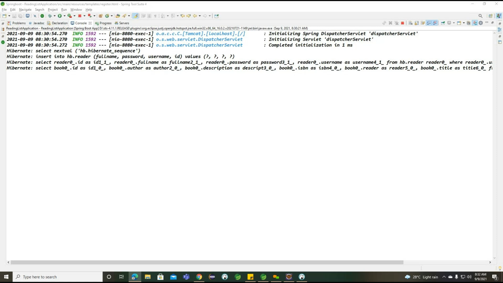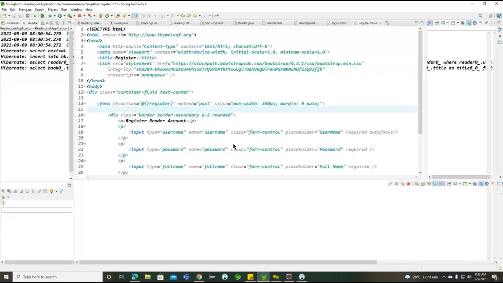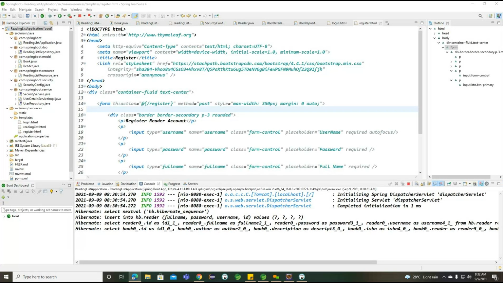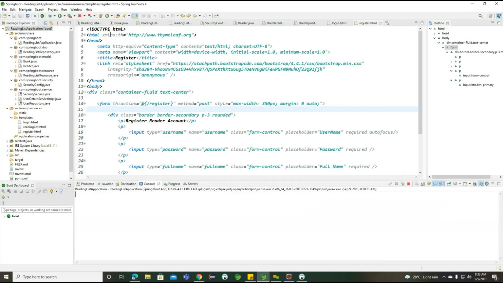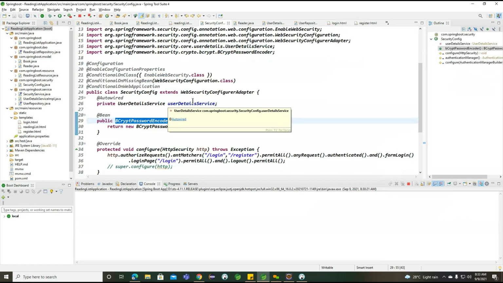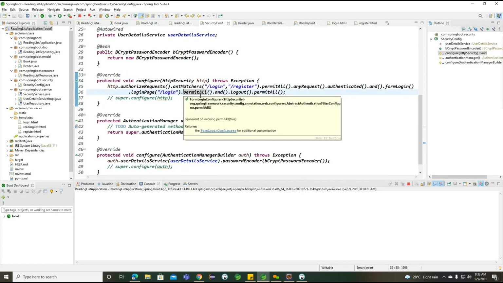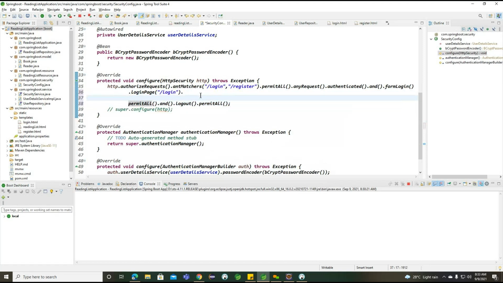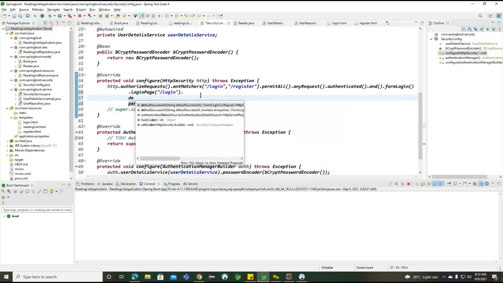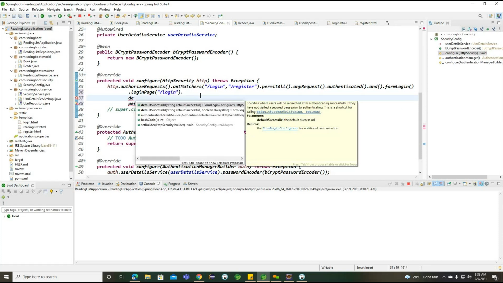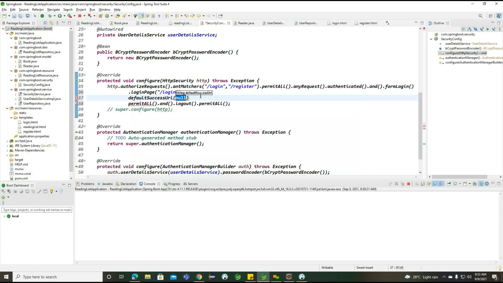Basically, here we need to define inside our security configuration after processing here. Getting the point. After providing the username and password properly, where we need to go, that we need to provide here. Go to the security configuration, and here after login, here I want to provide the default success URL. Default success URL. I want to move on to the